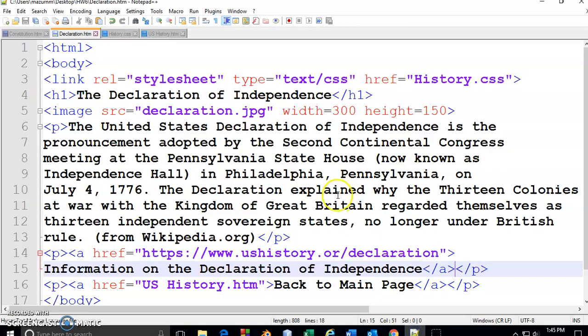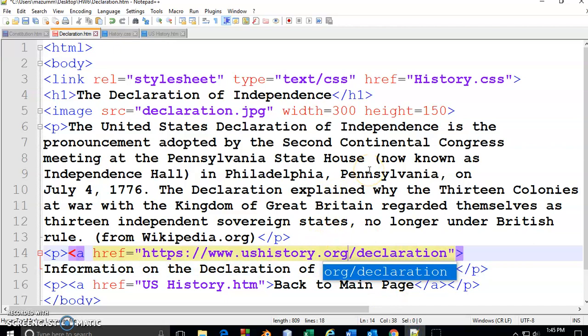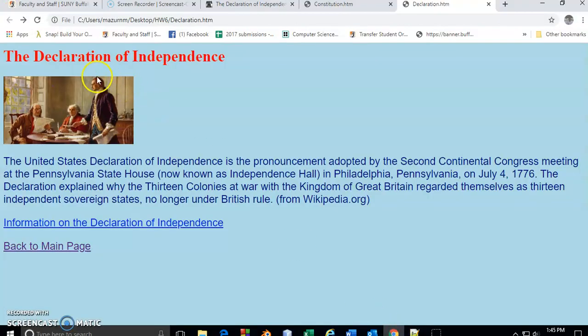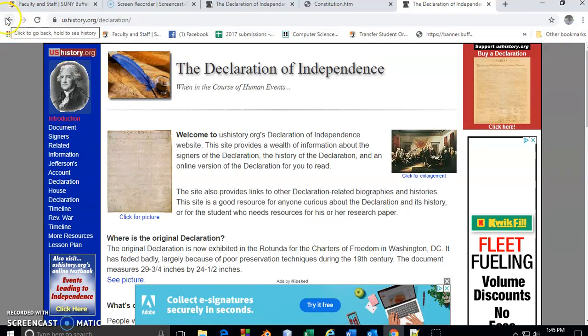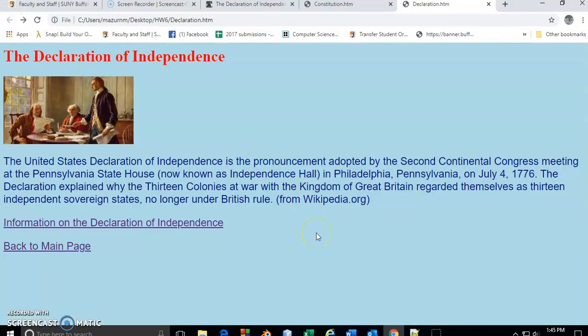I'll go back over to Notepad++ and say, oh yeah, I did misspell that part of the web address. So I'll add my G, save one more time, refresh, and now we're getting the information associated with that. Okay, and hit back. There's one last thing that we want to do to finish homework 6, and that is,